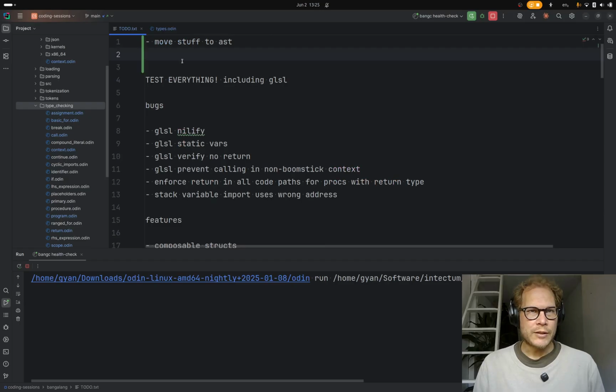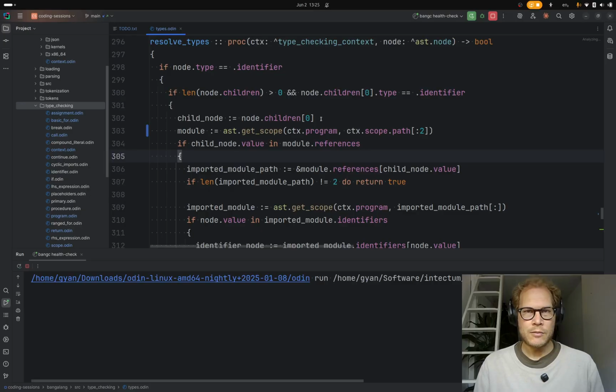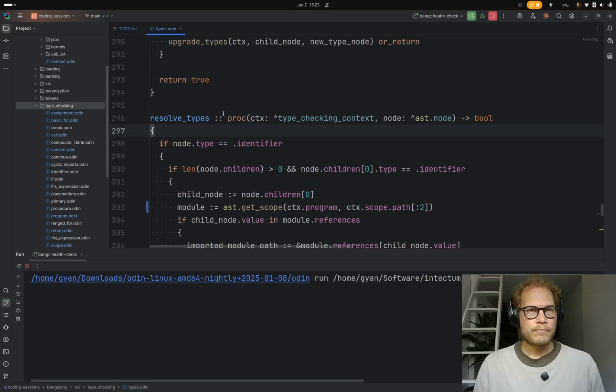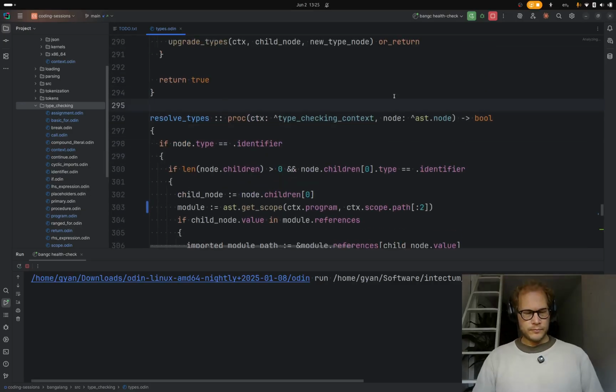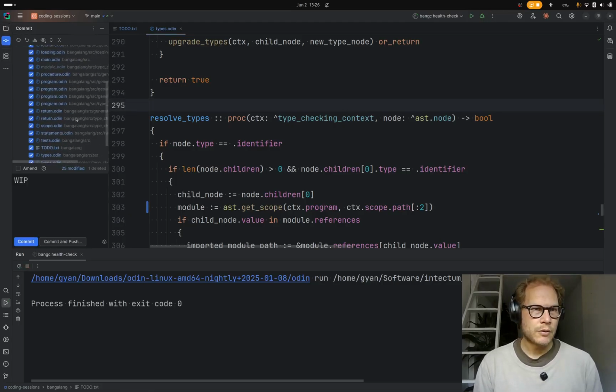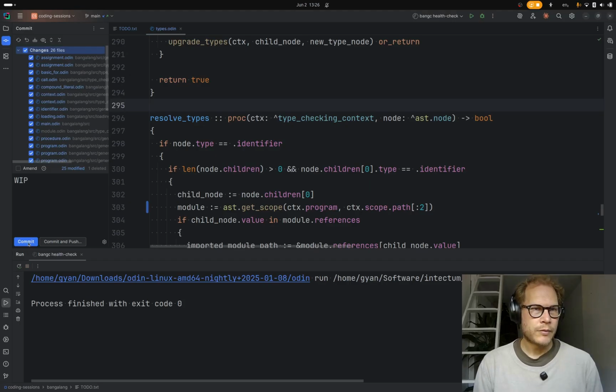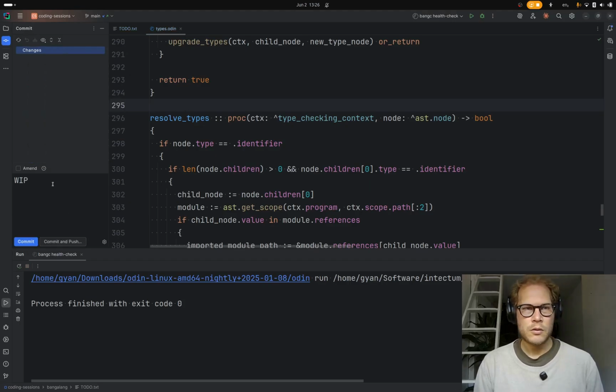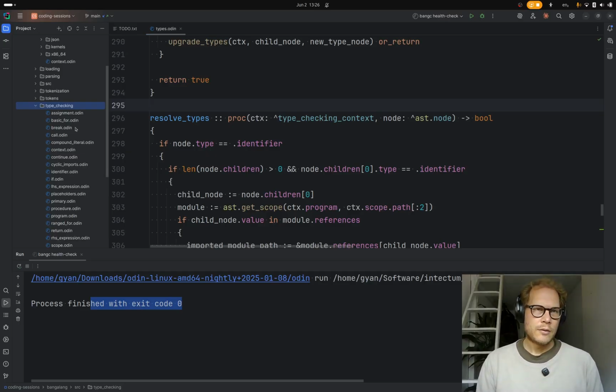Before we move on to the next step, which would be to move stuff to AST, might even do a WIP commit here, just to be a bit safe. Let's do that while it's trying to do this. Okay. Commit. The WIP. Okay, Xcode 0. We're all happy. Okay, so now the next thing, which should round out this refactor,